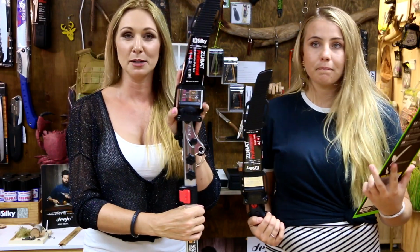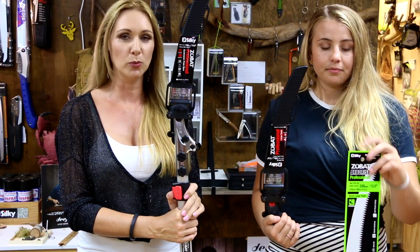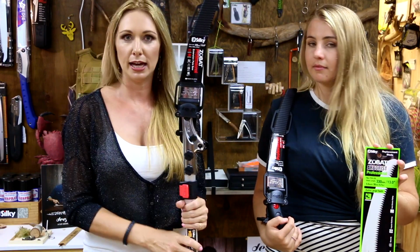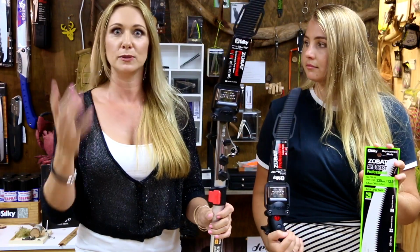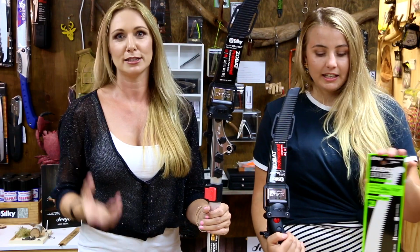So that's why that comes standard in the pole saw. But like Sinead said, if you wanted, you could put the other blades in. Now, the reason you might do that is your extra large tooth will cut larger branches much faster. So a lot of people go, oh, bigger is better, so we'll always just get the biggest tooth and the biggest saw and use that because that's going to make my job